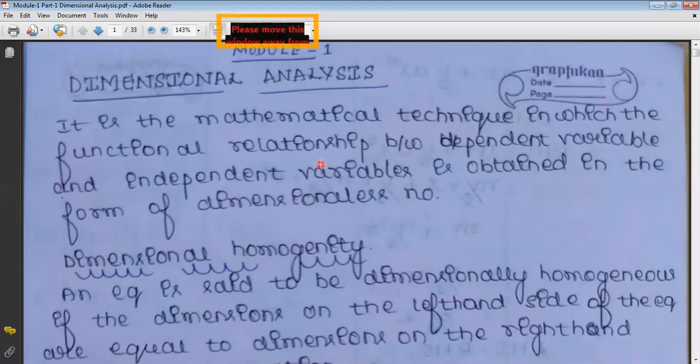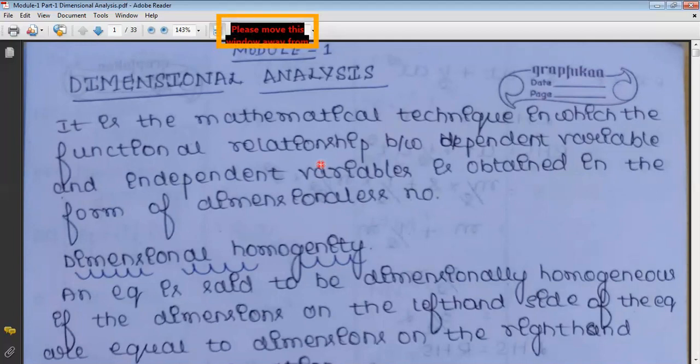You have to do the dimension analysis and make sure that the dimensions of the left-hand side and the right-hand side of the equation are the same, or that you finally get a dimensionless number. Then you can use it in the field. Or if you want to derive an expression, for example for automobiles, or in the design of aircraft or other moving objects, even in fluid mechanics, you'll come across a number of relationships or equations where, when you want to derive a relationship between one variable and another, you have to conduct a dimensional analysis.